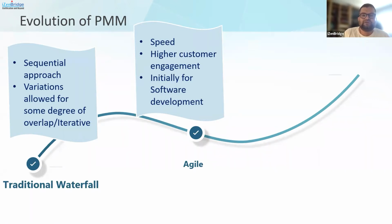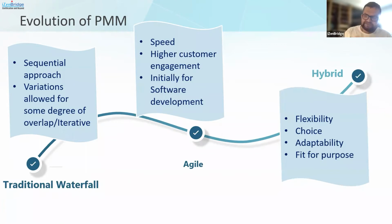So a lot of projects on which we would have spent an enormous amount of resources and then realized that the project would not succeed in a waterfall kind of methodology. With Agile, you could sense that and you could probably kill the project, and the sunk cost is much less. And also because of time to market, the speed, we could get more revenue by delivering the products earlier to market. However, Agile is also not a perfect fit for all situations, and we will talk about later in detail